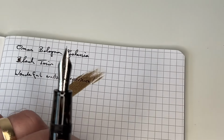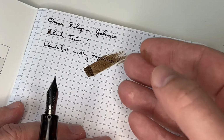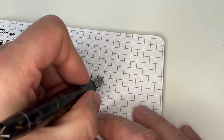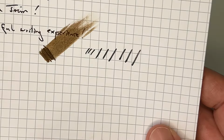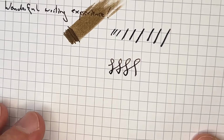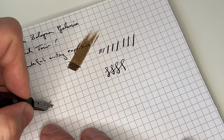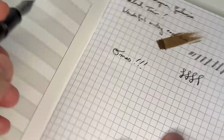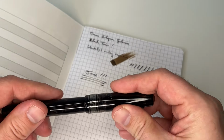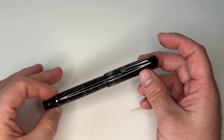This paper here, you can perhaps compare a little bit, without making this into paper science, to Rhodia paper. So just so you get a little bit of an idea what kind of paper I'm writing on right here. And the nib has a very nice bounce to it, as you can see. There's quite a bit of line variation that you can squeeze out of that nib. Of course, it's not a flex nib, so I wouldn't overdo that, but I guess you do get the picture. As said, really great writing experience, lays beautifully in the hand, fantastic pen, beautiful finish, wonderful nib to write with,